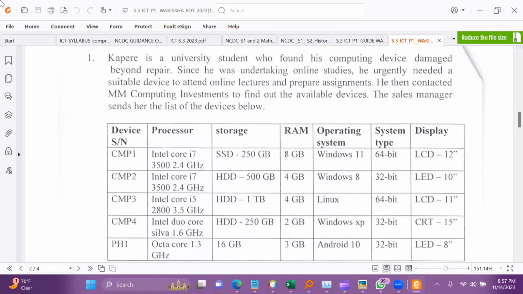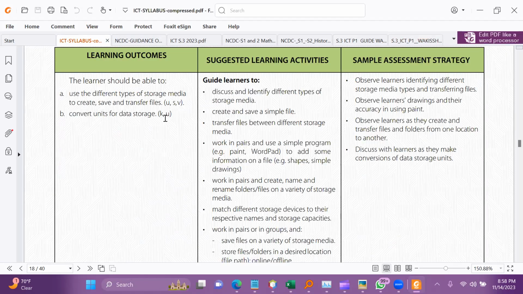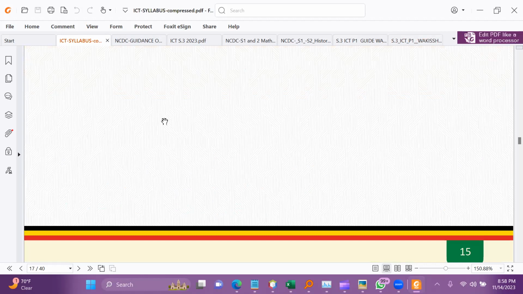Mr. Luchamuzi. Mr. Luchamuzi Shafik? Yes, sir. Hey, which topic did you see this question coming from? I think it is hardware and software. It's a combination because I'm seeing operating system, then there is hardware components. If I look at if I go to the syllabus and I look at there's a